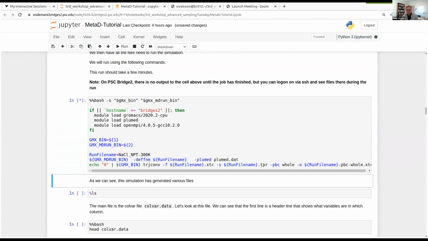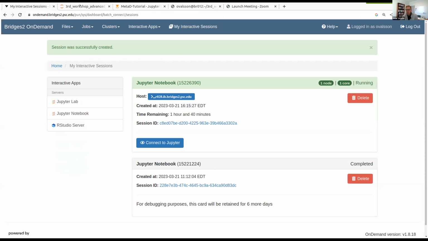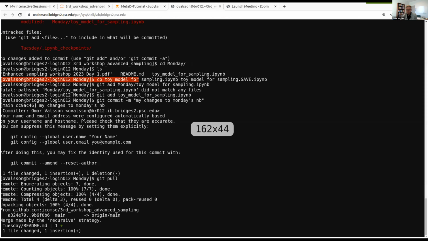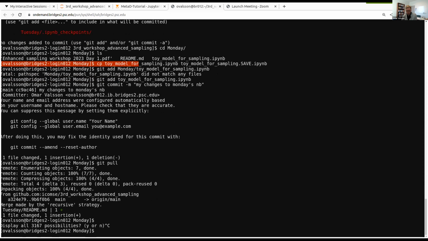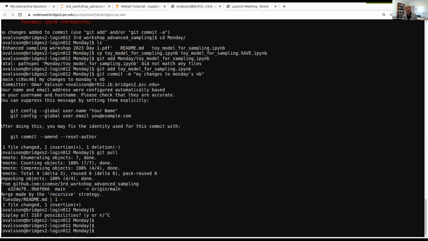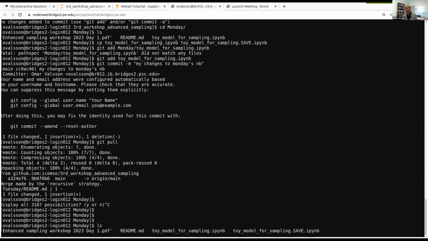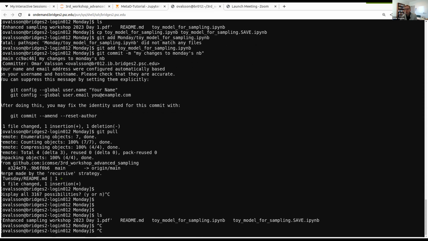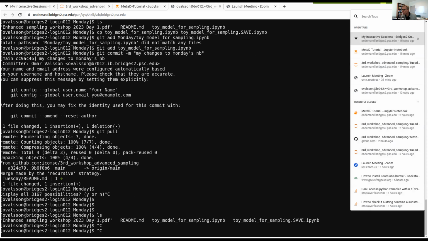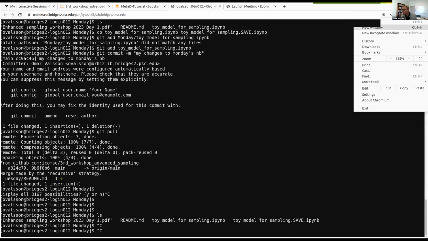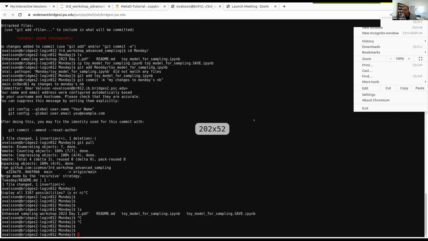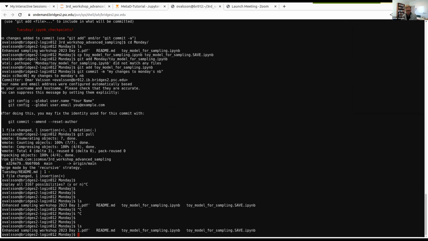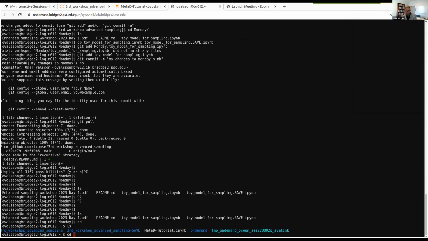But actually what you can do now is go to your folder. What's going on? Let me see. I think it's because I zoomed in. Okay, so now if you go to this folder where we run the simulation,